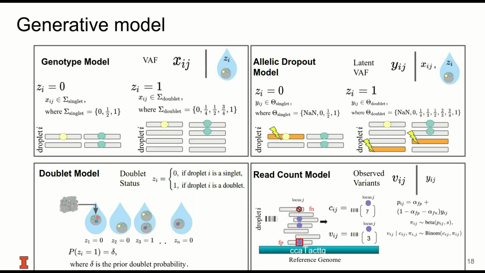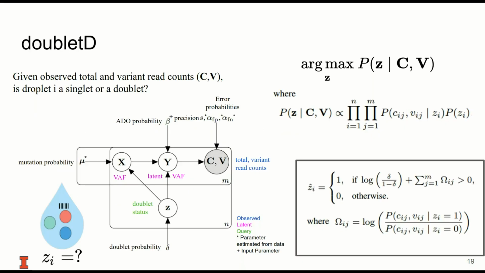Finally, in the last stage, we model the generation of sequencing reads using a beta binomial model that also accounts for the false positive and false negative reads resulting from the amplification chemistry. Using this generative model, we determine for each droplet i the most likely value of the doublet status Z_i via a closed form expression that marginalizes out the value of the VAF X and the latent VAF Y. And so this will provide an answer to our question as to whether the droplet is a singlet or a